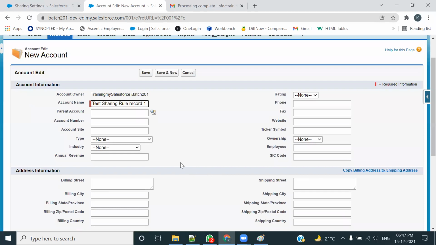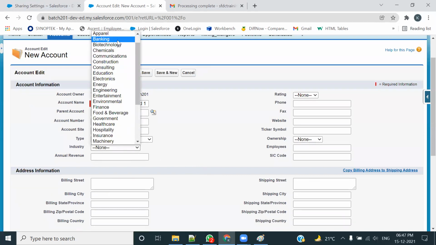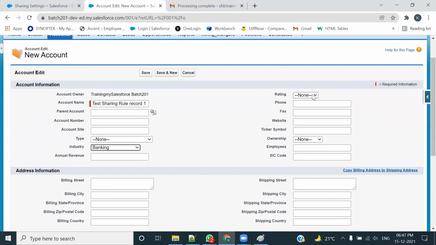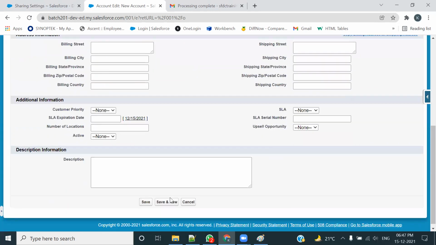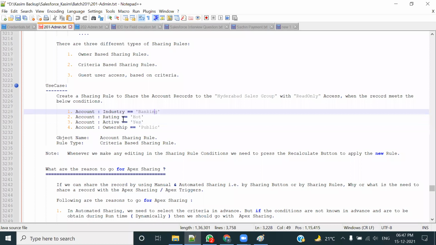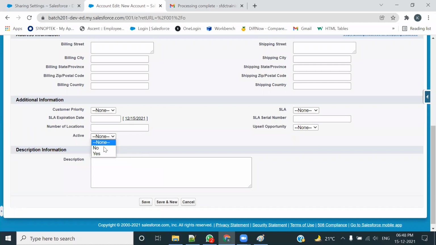I'm creating a record. ठीक है, conditions क्या क्या है उसमें? Industry should be banking, industry equals to banking. A rating should be hot, ownership should be public, and one more thing, active status है ना। Industry banking, rating hot, ओनरशिप पब्लिक, एक्टिव स्टेटस यस। ठीक है, तो एक्टिव स्टेटस को मैं नो करता हूं।